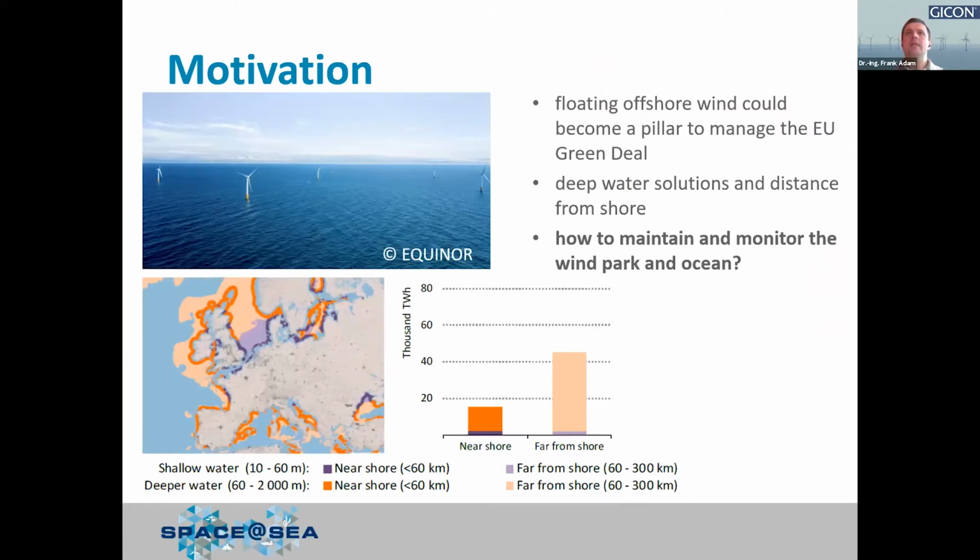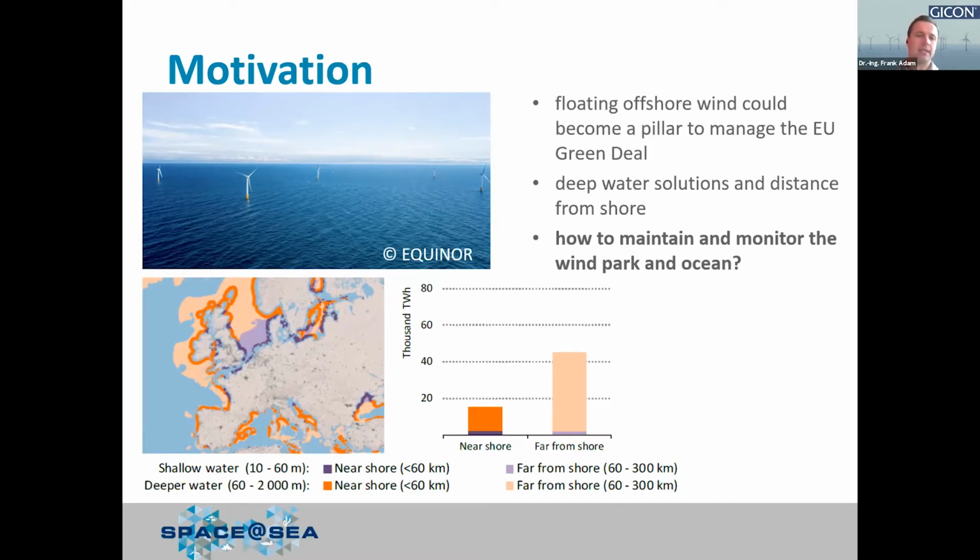And now the offshore wind community is at the edge to enter a new, let's say, decade, enter a new century, especially going to floating offshore wind. So fixed was, let's say, more or less the past, and now the community is going into deep water, far away from the coastline. And what deep water means, and what is meant also with the potential offshore wind electricity you can get from offshore wind,